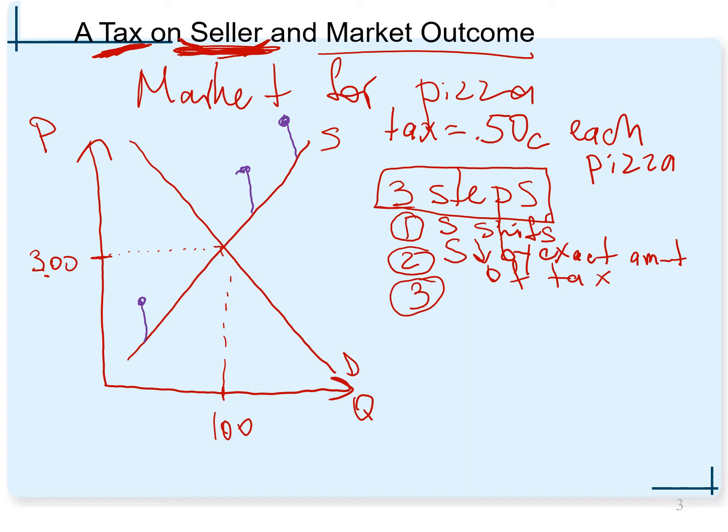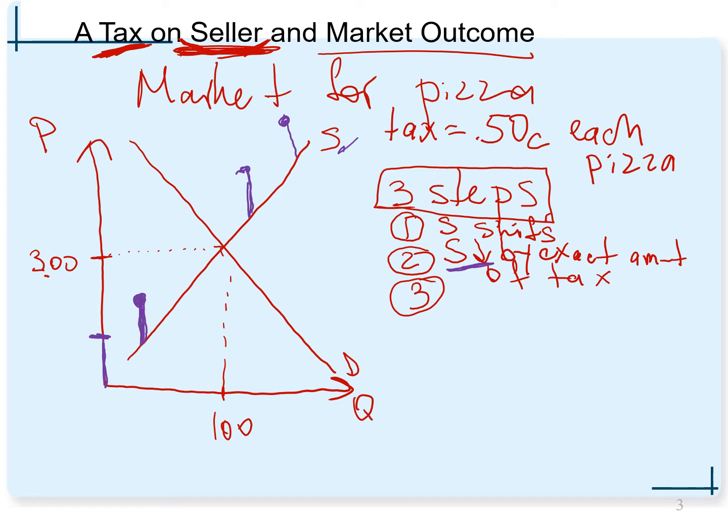Okay, so when I shift my supply curve, remember we determined that the supply curve is going to decrease when we impose a tax on sellers. It's going to decrease exactly by 50 cents. So let's suppose over here I'm going to put that this is our 50 cents. Okay, not the best scale, but